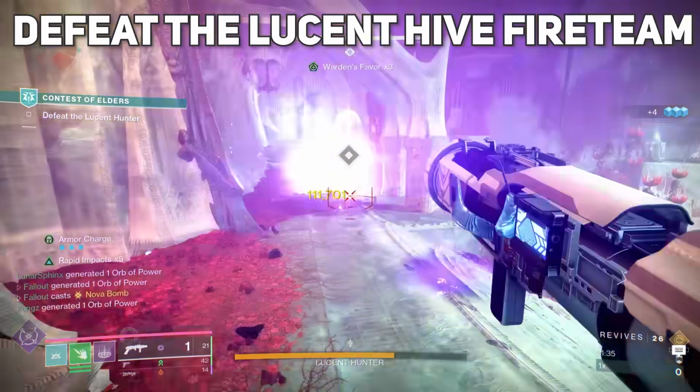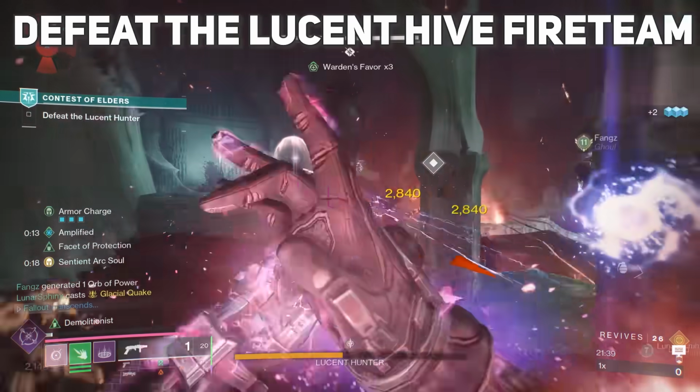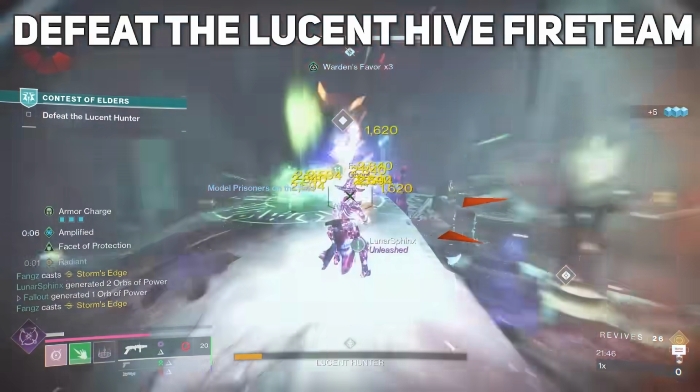Defeat the Lucent Hive Fireteam. Enter the area and start defeating the Lucent Hive one by one. Remember to mush their ghosts when they're dead, so they actually stay dead and don't come back to life. When the Lucent Hive are all dead, just frag the hell out and kill every other Hive reinforcement left in the room,